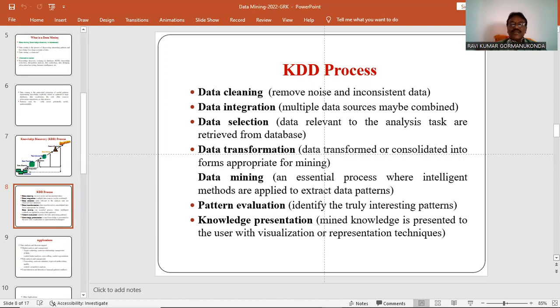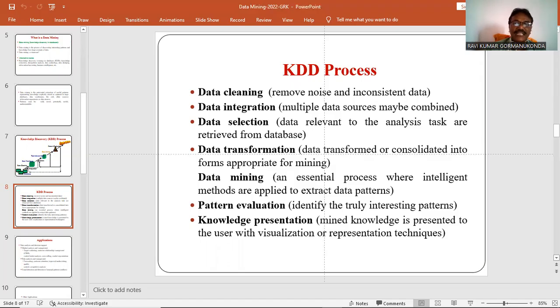Next is data selection. Regarding your task, you select the task-relevant data. According to your task, selecting the relevant portion of data is nothing but data selection.